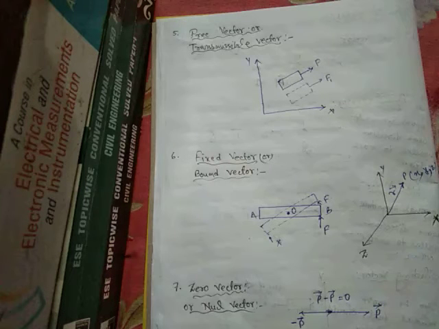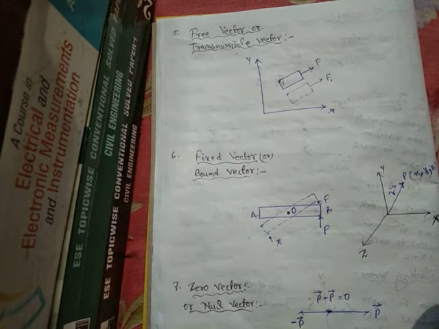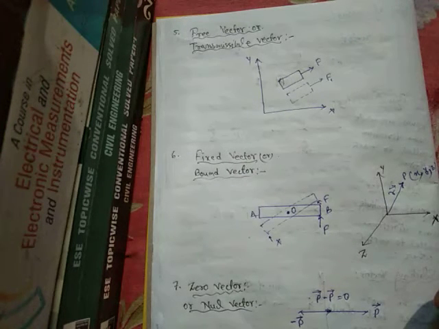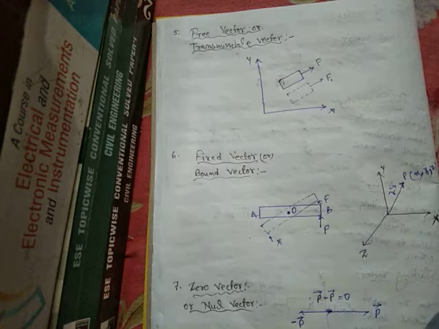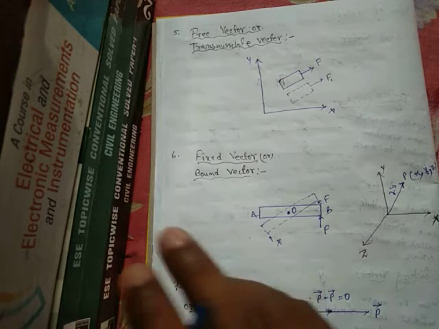It is move in a space, in a unique space. It is move anywhere in the space without rotation. বিনা রোটেশনে স্পেসে যে কোনো জায়গায় মুভ করতে পারে সেটাকে বলা হয় ফ্রি ভেক্টর। ইট ক্যান বি ফ্রিলি মুভড।